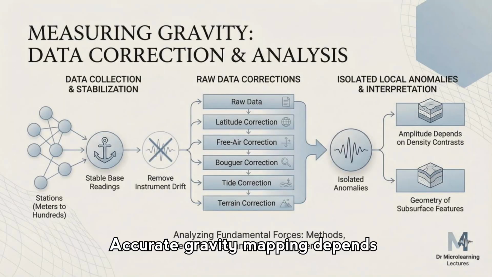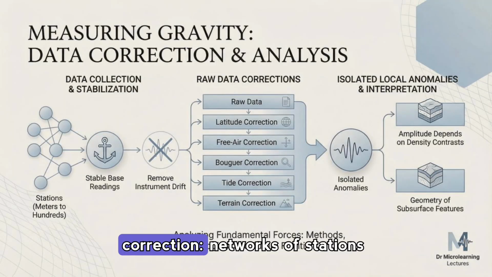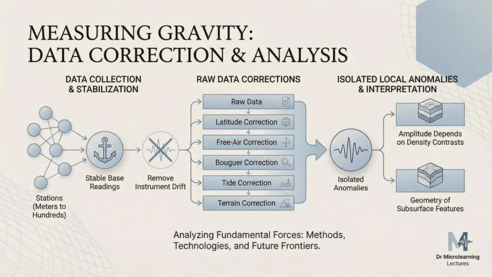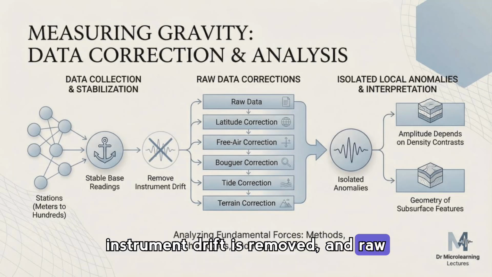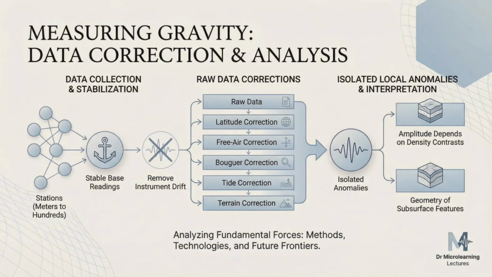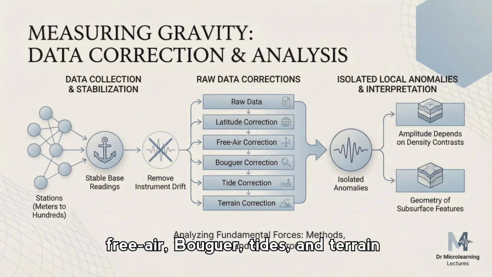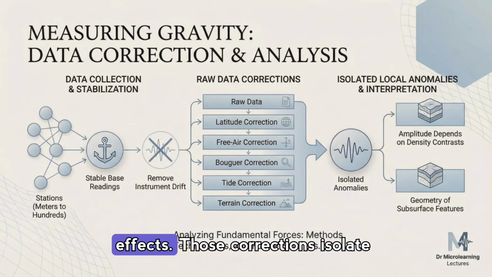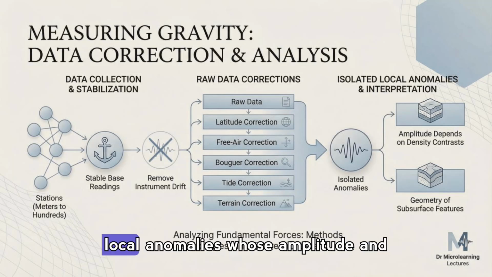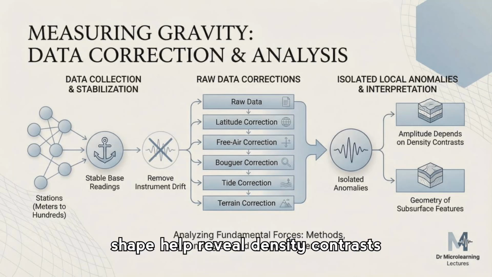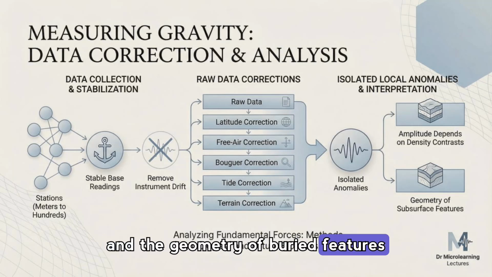Accurate gravity mapping depends on careful data collection and correction. Networks of stations provide stable base readings, instrument drift is removed, and raw data are corrected for latitude, free air, Bouguer, tides, and terrain effects. Those corrections isolate local anomalies, whose amplitude and shape help reveal density contrasts and the geometry of buried features for